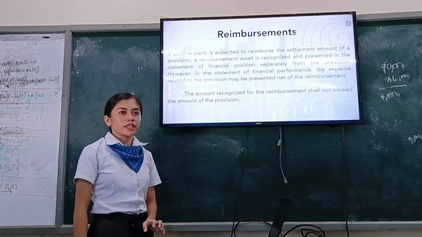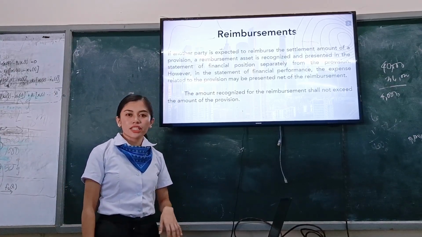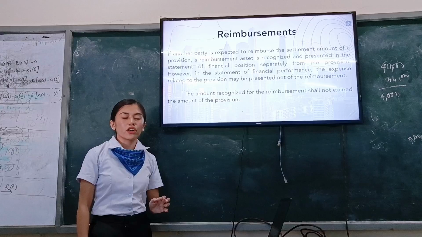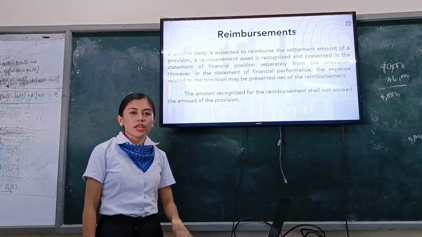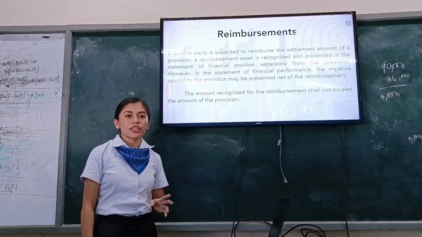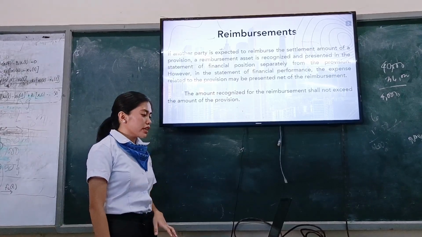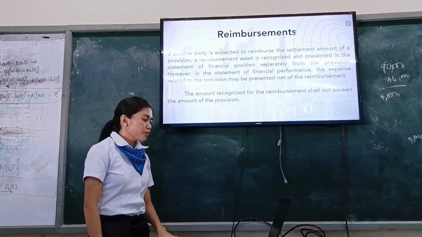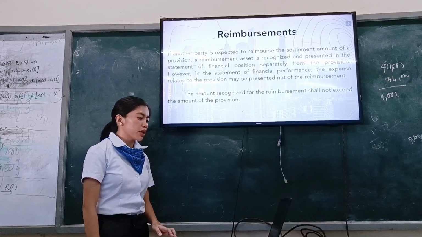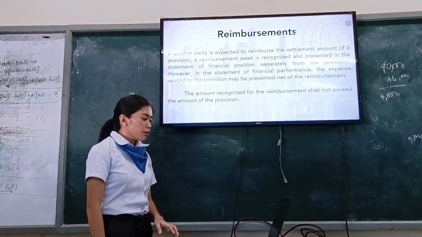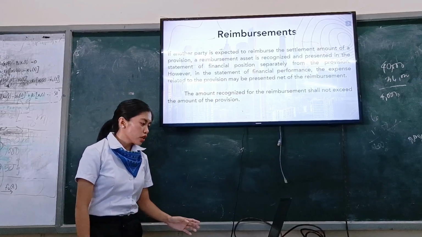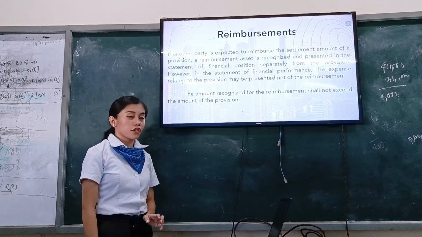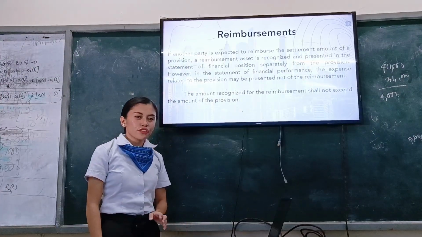So, reimbursement. If another party is expected to reimburse some or all of that liability through an insurance policy or a legal agreement, this will create an asset known as a reimbursement asset. It is recognized and presented in the statement of financial position separately from the provision. However, in the statement of financial performance, the expense related to the provision may be presented net of the reimbursement. So take note, the amount recognized for the reimbursement shall not exceed the amount of the provision. So for example, if a government entity faces a legal